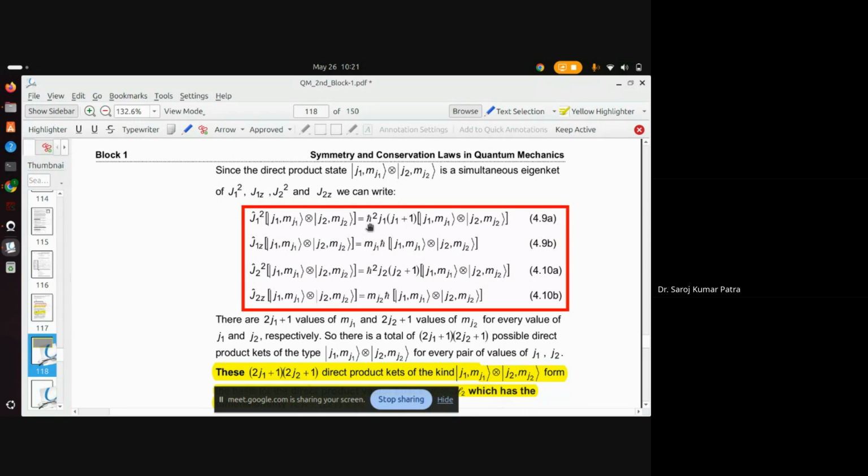So J1 स्क्वायर का होगा H क्रॉस स्क्वायर J1 into J1 plus 1, J2 स्क्वायर का H क्रॉस स्क्वायर J2 into J2 plus 1. So similarly J1Z का MJ1 H क्रॉस and J2Z का MJ2 H क्रॉस, ठीक है। ये जो चार इक्वेशंस हैं इसको थोड़ा ध्यान में रखना है।